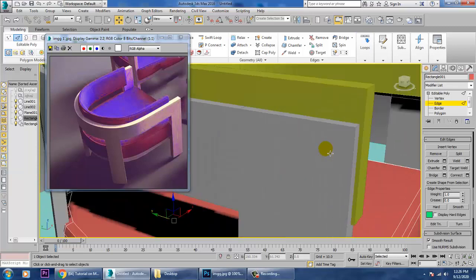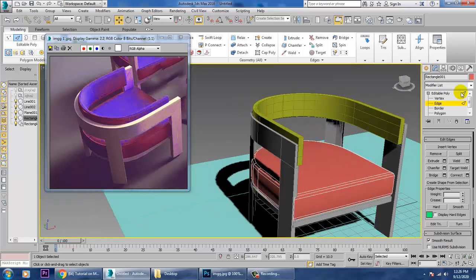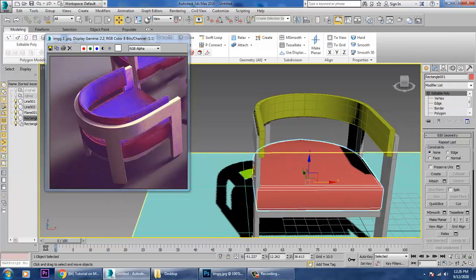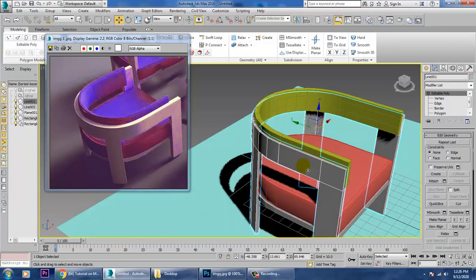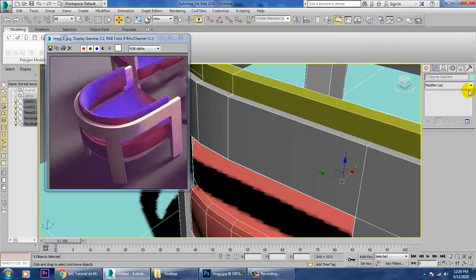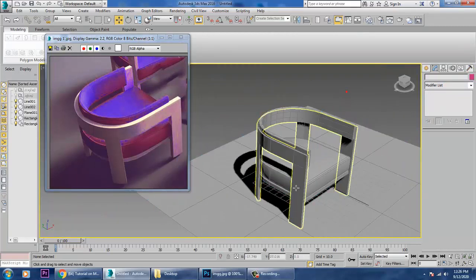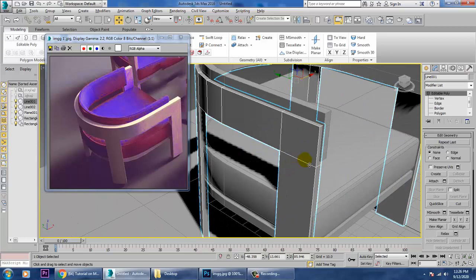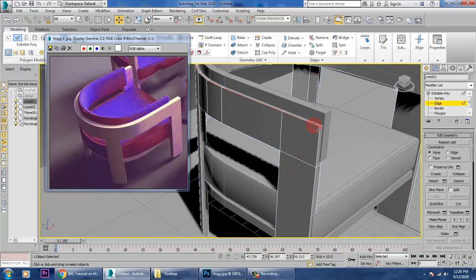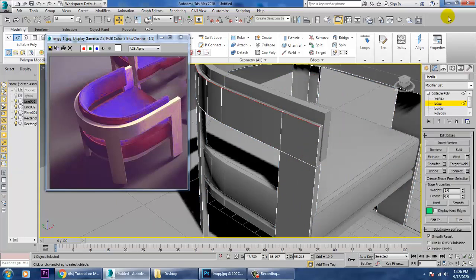So wherever you need some more smoothness, you can just go with that, not a problem. Same here, we can just do it over here also. So select this edges, and if you require to give a bit of chamfer to it, you can go with the chamfer part.